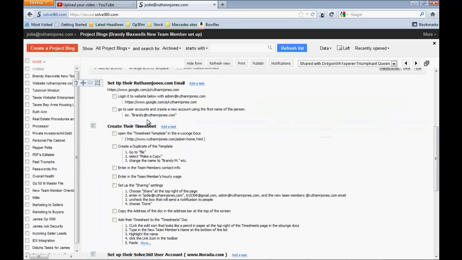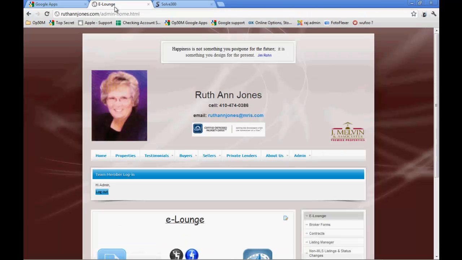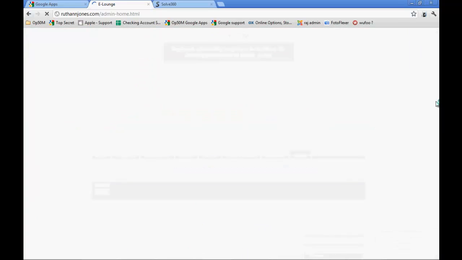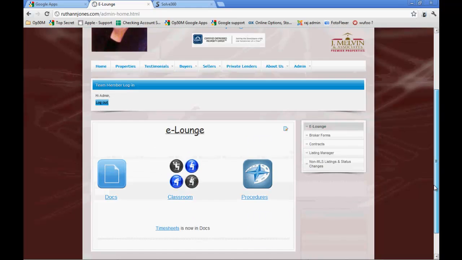Let's go to the next thing. Creating their timesheet. So you want to open the timesheet template in the eLounge documents. So just log in like you normally do. Go to Team Members eLounge and admin,